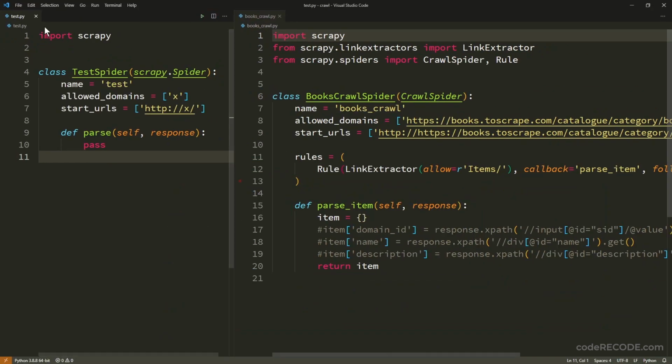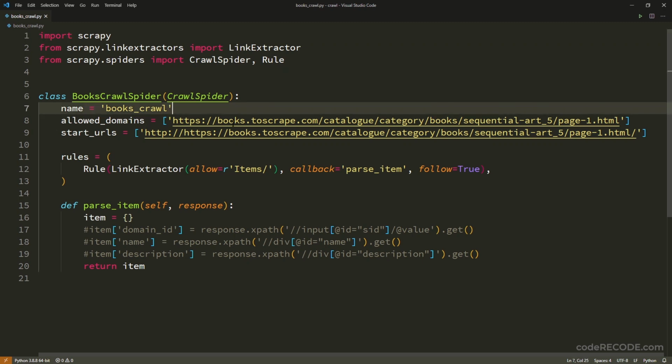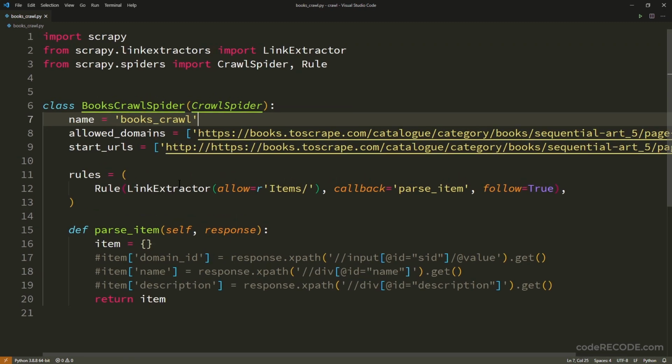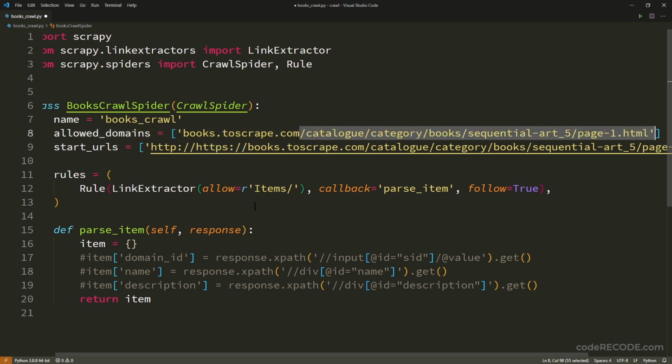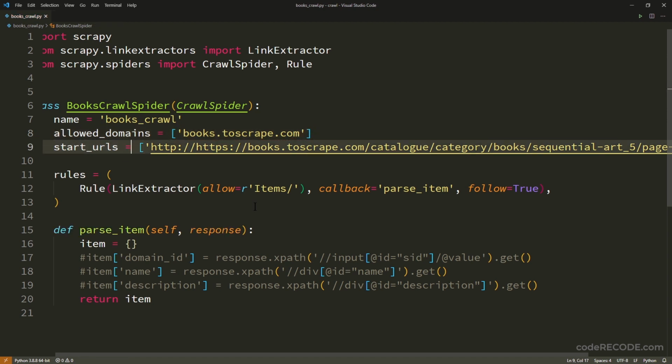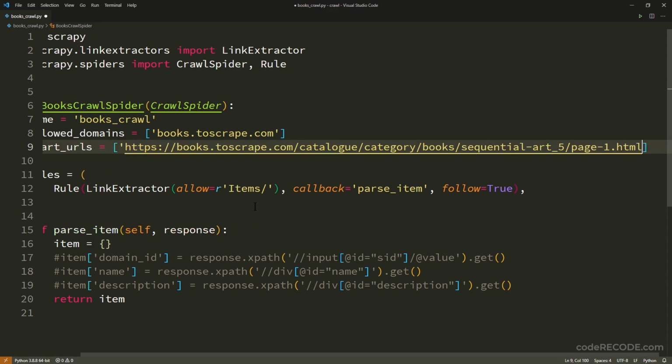All right, so let's close this test spider and completely focus on the crawl spider. Now, in the case of the crawl spider, as you can see, even when I gave the start URL, it is not able to determine the actual allowed domain. It's just putting the complete URL. So this is actually bad. That is the reason I don't like to put the start URL. I just put some random X or something like that. And here there was already HTTPS and it has added HTTP, and then it has added a slash.